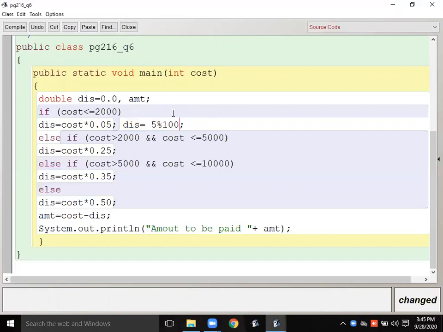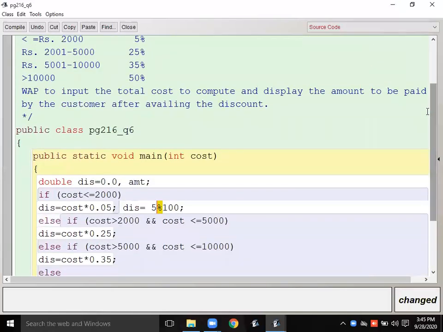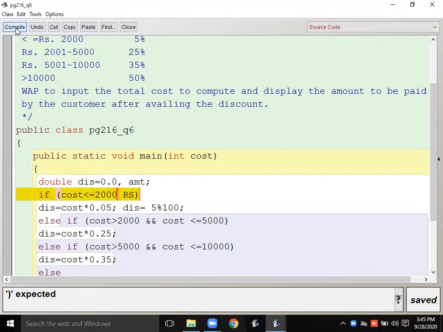What is the meaning of it? No, percent. This is the percent sign. In the question, this is the percent sign, right? Or in the if, they are writing like that, 2000 rupees, because it is mentioned rupees. So they are writing this rupees. That is also wrong. We cannot make it here. If I am making it, see the rupees. So we cannot use any literal value like rs. If it is a string, then in double quotes. If it is a number, then only the number, all the digits are allowed.